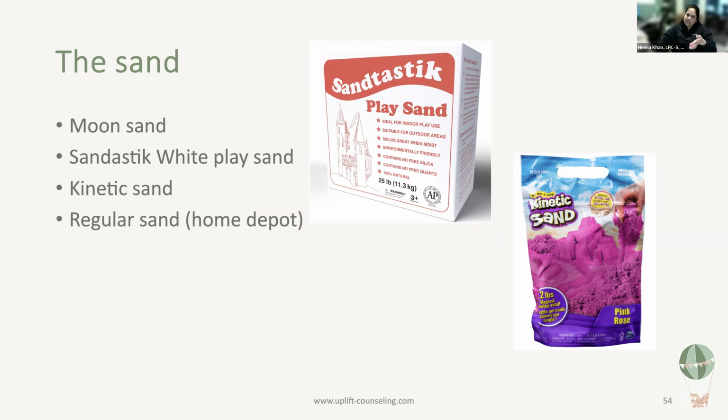And then there's kinetic sand. I used to have a traveling play therapy kit, and I would take that with me in a box, versus the loose sand, like the regular sand that you might get at Home Depot, that's in my play therapy room. But when I had that play kit that I would take for in-home play therapy that we did through an organization, kinetic sand was just easier to carry and something that we could manage better. But it's great. It's still that kinesthetic piece to it.